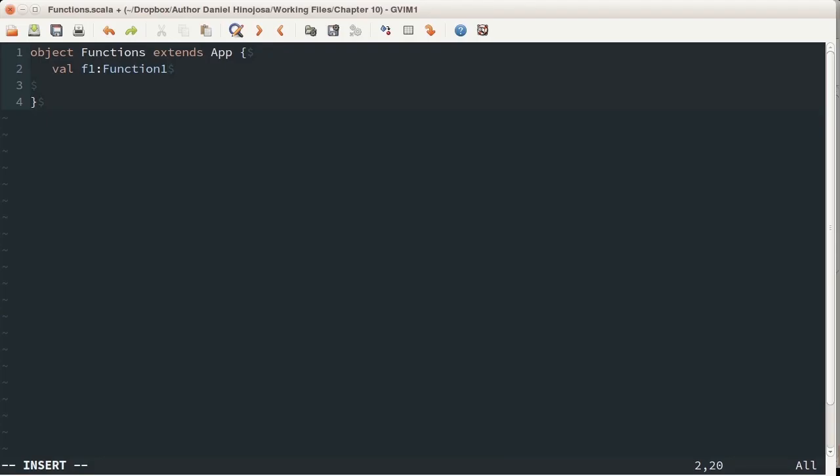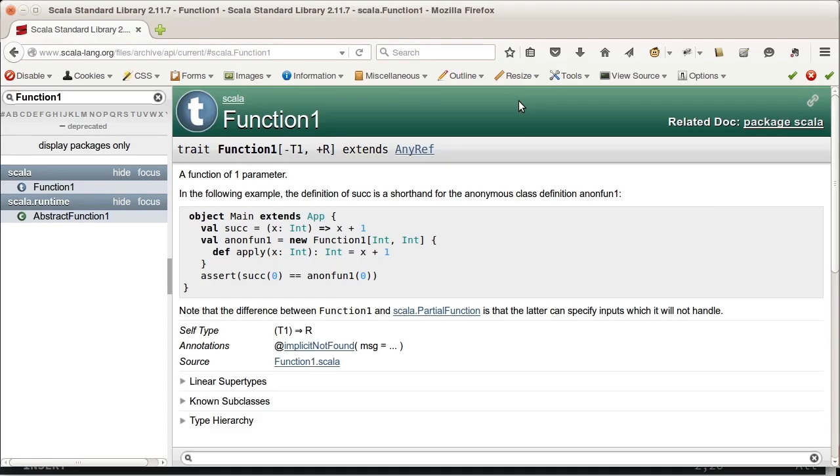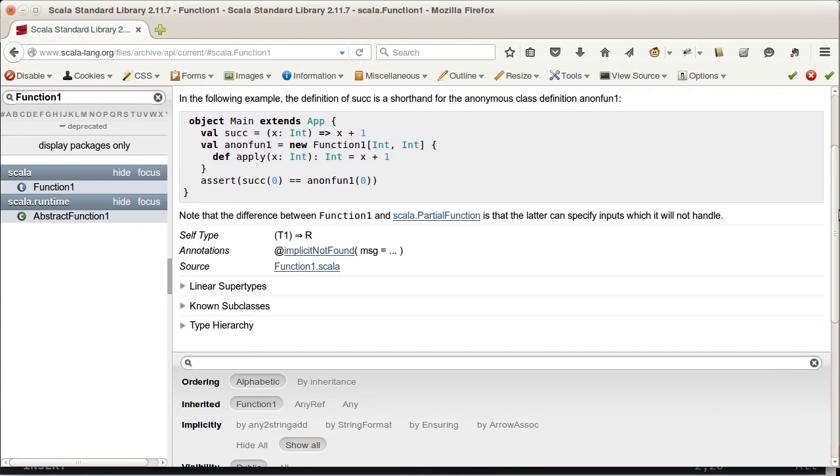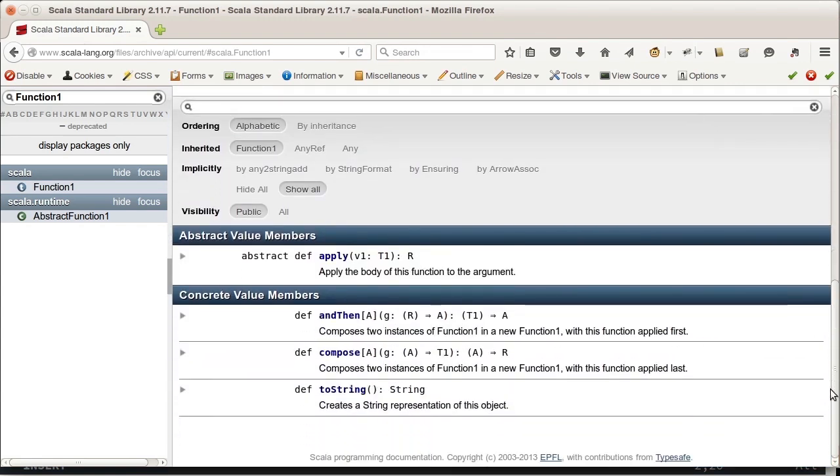What is a Function1? Well, Function1 is a trait, or as I call it, a pure abstracted construct or structure. And it has an abstract method within it. Let's take a look first. I'm going to go over to the Scala API in the browser. Here is Scala Function1. It is a trait, and traits, as I mentioned before, are constructs that have abstract methods, and it has one